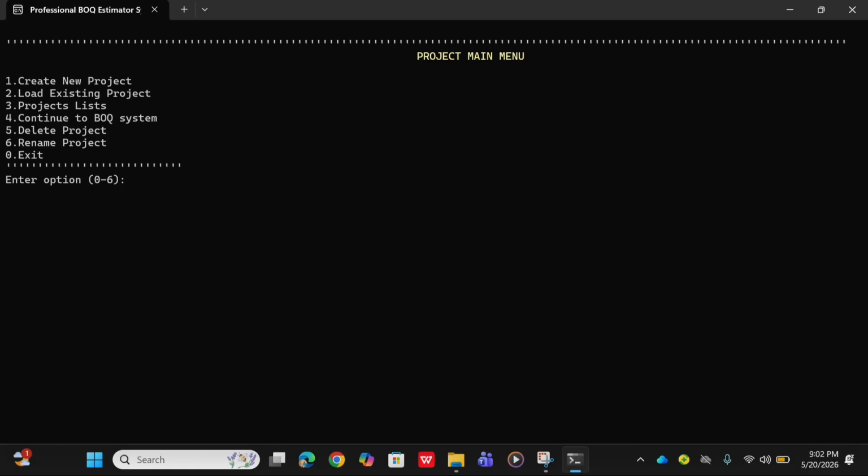When you access the platform, you can see this is what you have. It gives you 6 options, actually 7, plus the 0. With the first option, you can create a new project. With the second option, you can load an existing project, meaning that if there's already a project saved in the system, you can access it and edit it and do whatever you want with that particular project. When you're loading something, you're supposed to type the project you want to work on. It's already saved in the system, so it will look at it and present it to you. However, if you've forgotten it,